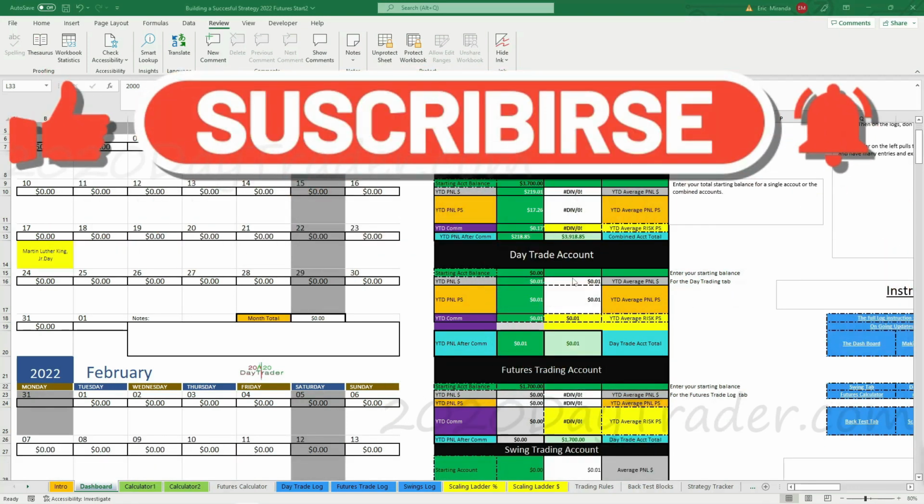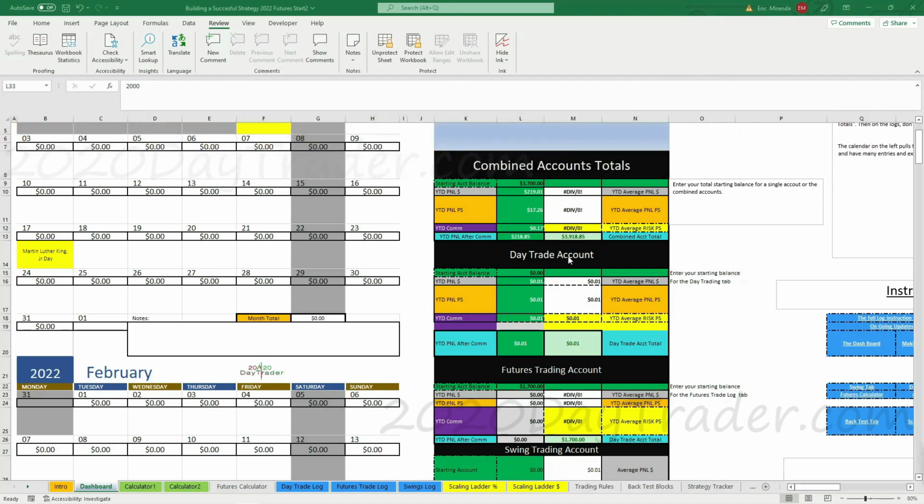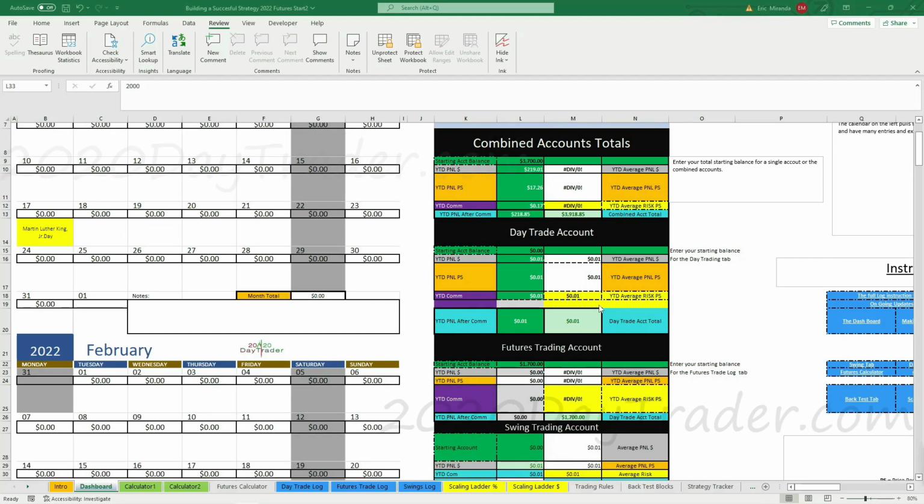And the way I see it is if I can't make money with the bare bone minimums, then I'm not going to make money if I have a lot of money in the account. So I'm starting out small. I need to prove to myself that I can make money first. When I can double these accounts, then we can talk about what kind of account I really want to have. But right now I need to prove to myself that I can actually make money. So putting 50,000 in here is not going to help me make money. It's actually going to make it worse. So anyway, here we are.